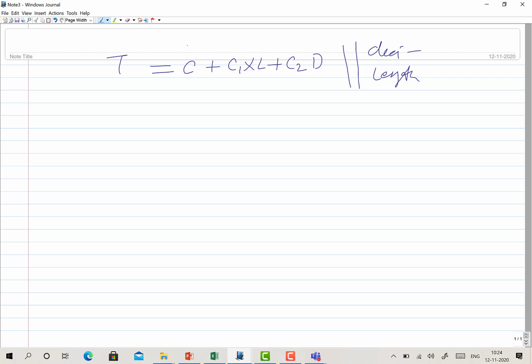Once we get the values of these coefficients, then for a new job where the length or the diameter is new, if a new hole of different diameter or length is to be drilled, we can predict and calculate the time to complete the new job of different dimensions,